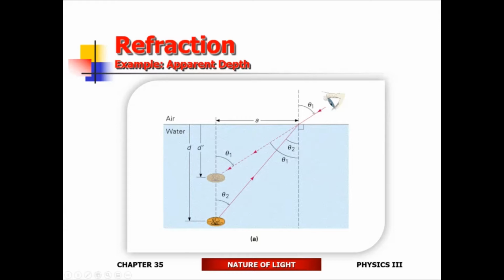The actual location of the penny is here. Notice that the refracted image is not where the actual object is. So what's causing this phenomenon? Why is it that you end up seeing the image right here? Well, this is known as illusion. Refraction is what's happening: the light is bending into your eyeball, which means that the light is coming from a denser medium to a less dense medium, so it gets refracted away from the normal.